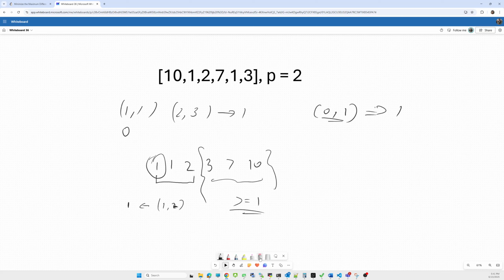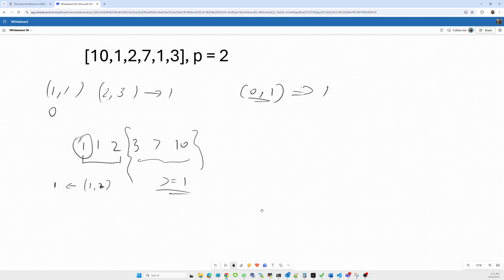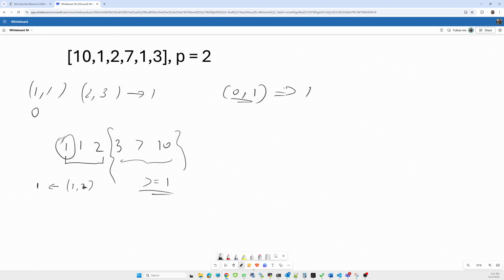In the list, what will be the minimum difference and what will be the maximum difference? For the minimum, I have 1 1, so the minimum difference will be 0.